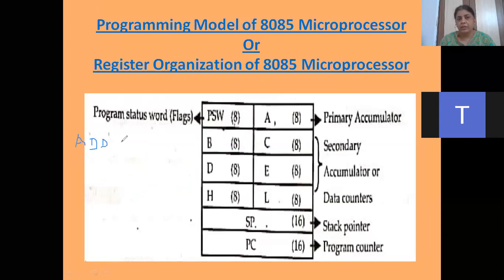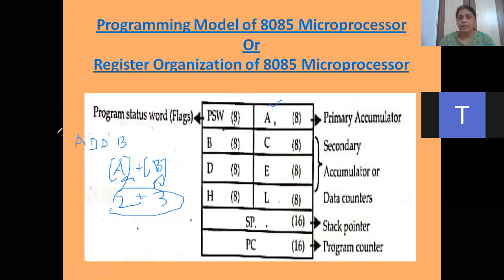This is ADD B. Okay, I'm writing this instruction ADD B. So ADD B means I'm adding two numbers. So what was the condition of the accumulator? That one of the data should be in the accumulator. Means one data you will get in the accumulator. And the second data should be in a register. Just like I wrote 2 plus 3. Okay, so 2 should be there in the accumulator, 3 should be there in register B, and after execution of this instruction, your result, that is 5, should come in the accumulator.